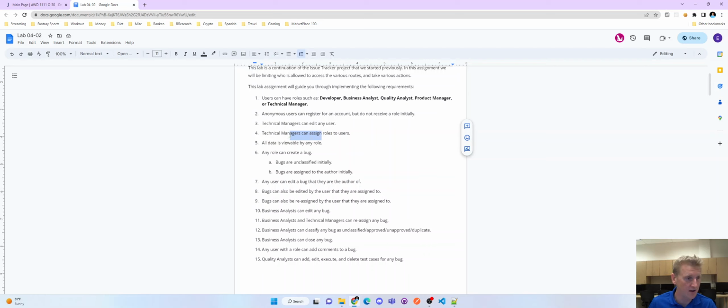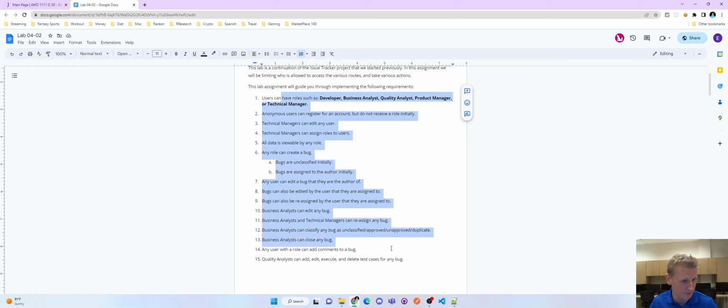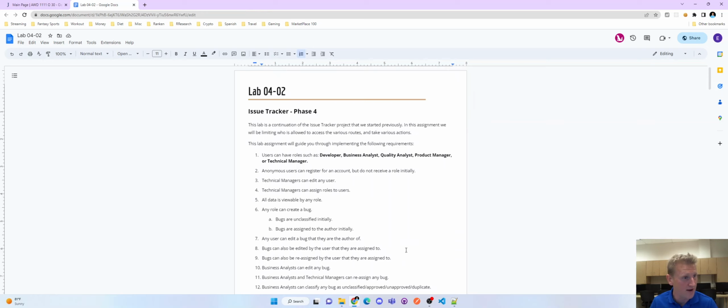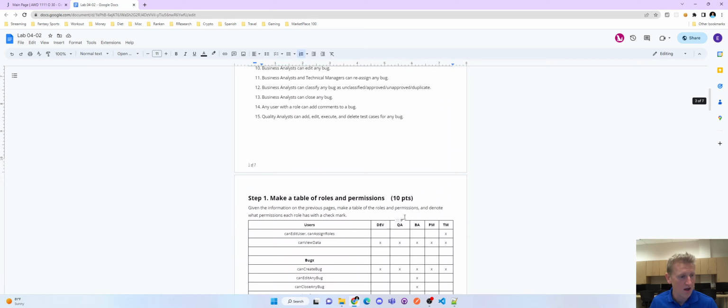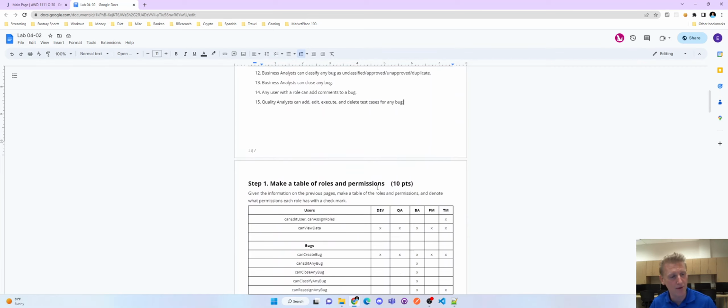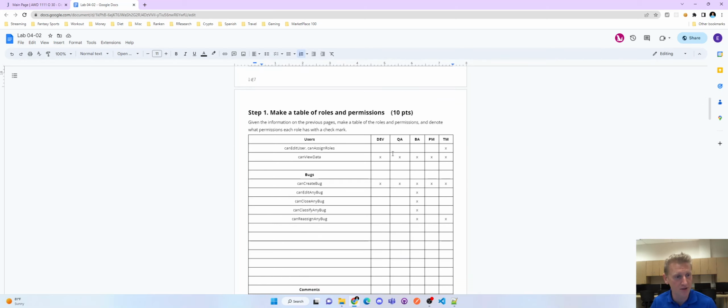Basically these are business requirements. They typically come from sitting in meetings, gathering information, and interviewing stakeholders, and from that you can make a list of requirements. That's what we have at the beginning here, a list of requirements, and then from there you can go to making a table. Now this is presumably a draft